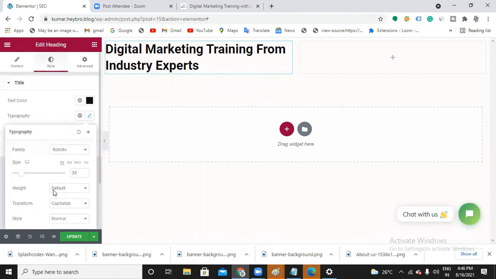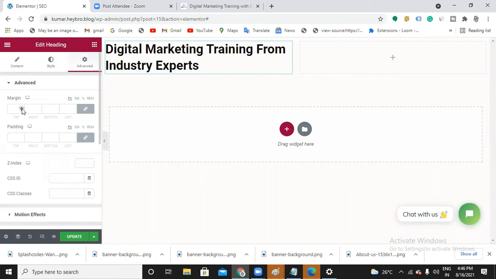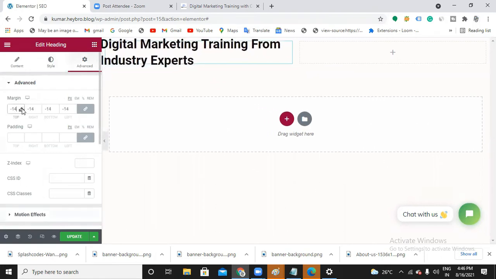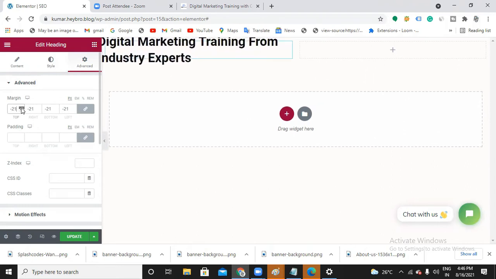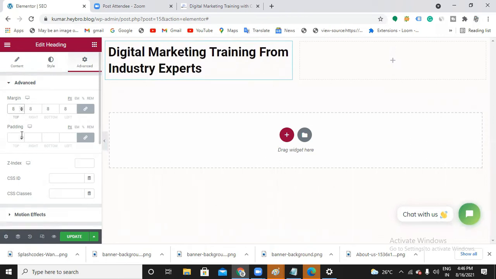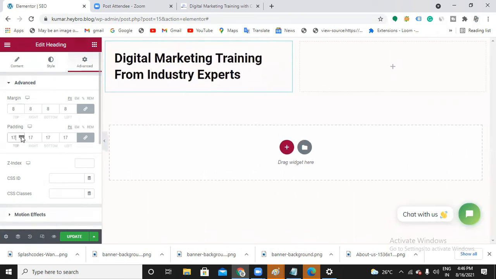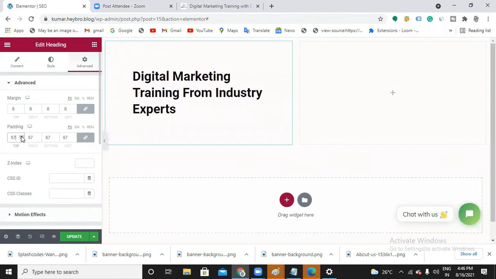And in advanced, you can play with margins, choose margins. See where it is going. And padding, it will become center, right?